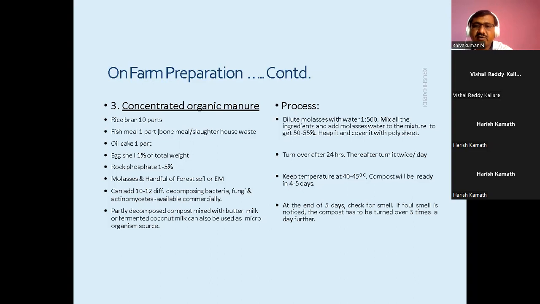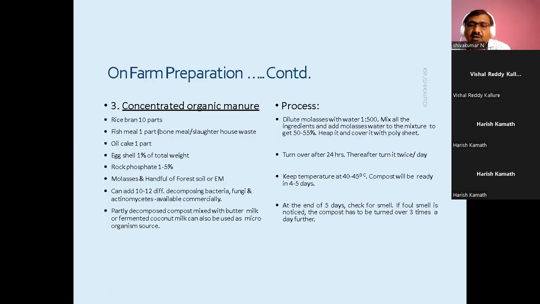These are the ingredients, and the process is: you have to dilute the molasses 1 to 500. Then mix all these ingredients. Add the molasses to the water. Then it has to be sprinkled on the heap. Then cover it with polythene. Leave it for